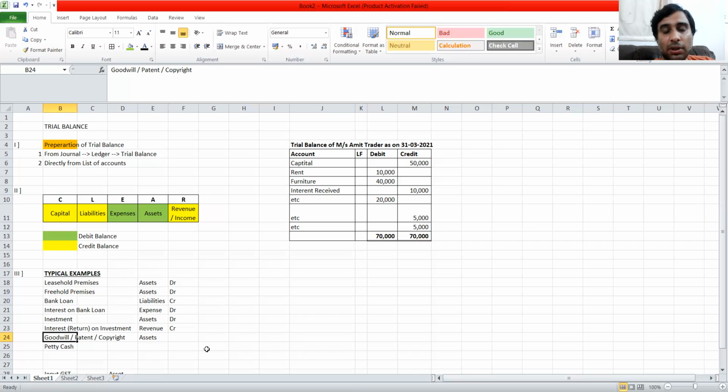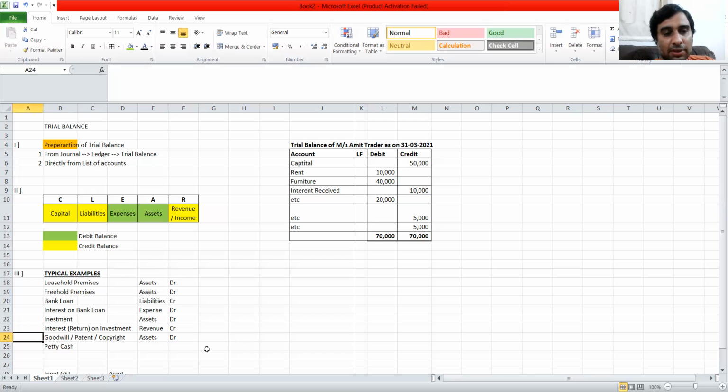If you come to the pharmaceutical industry, medicines, all the pharmaceutical companies have patents on their medicines, and no other company can manufacture them. So that is an asset. The asset is typically something which helps the company earn revenue, right? So it's an asset, and because it is an asset, it will have a debit balance. Although goodwill is an exception within this, once in a while goodwill could have a credit balance, but don't worry about the exception right now.